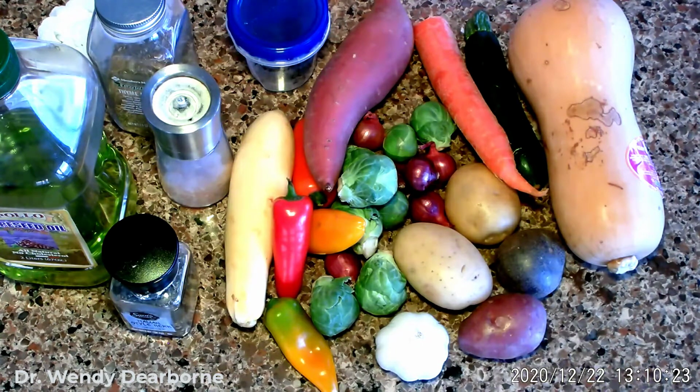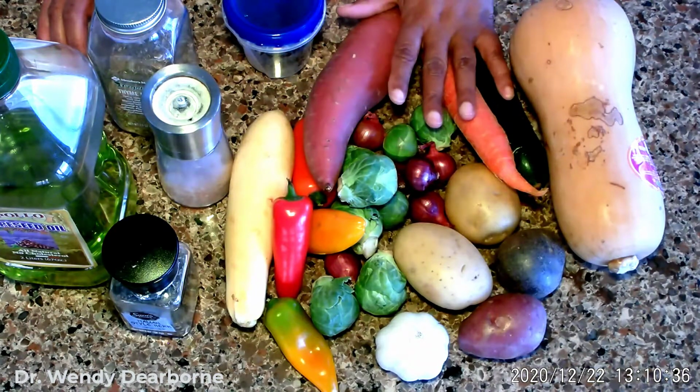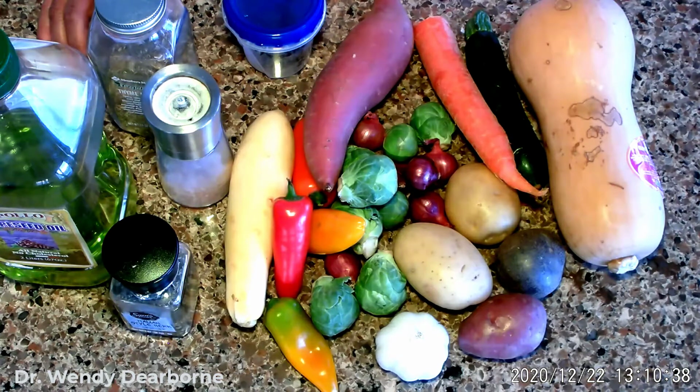Well guys, today is a tutorial, and in the tutorial, as I said earlier, I'm going to show you what you need to do to roast vegetables. Now, as I said earlier, there are 3 requirements that are truly a must. You need to know what you are roasting, as in what is on your cutting board. You need to decide on a specific size that you want, because truly this can denote how long it needs to roast for. And the other thing is, your oven needs to be hot, and the tray that you use,